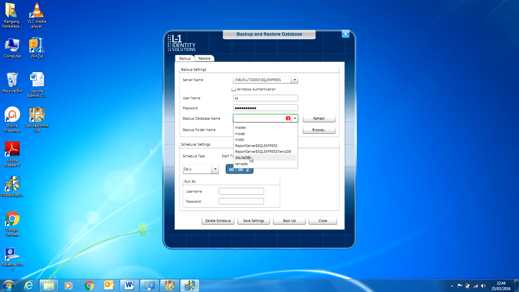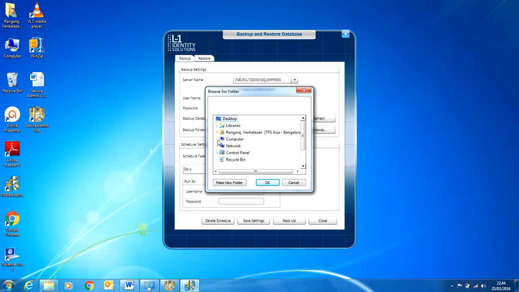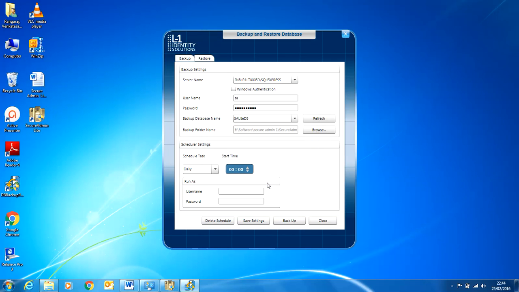This is the Secure Admin Lite DB. If you want a folder, just browse it: my computer, E drive, Secure Admin. I am selecting Secure Admin Lite, then OK, and here the username and password.